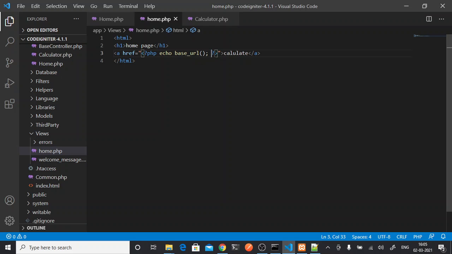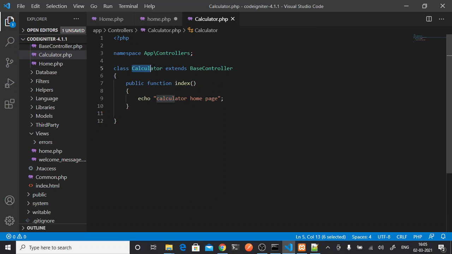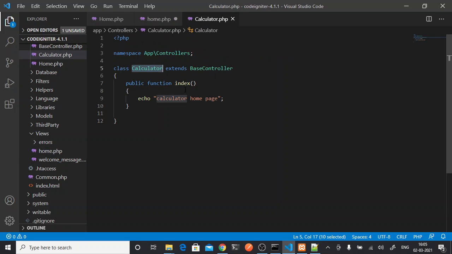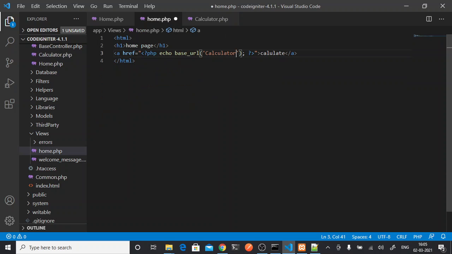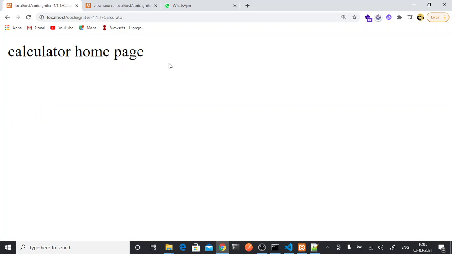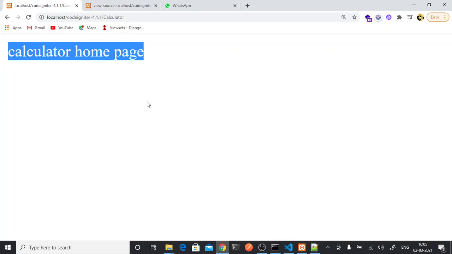So I will write here the calculator name. So calculator is where I want to go, and I want to load the index only, so I don't have to give any method name. In case there is a method, I will have to give slash and then the method name to go to that. So let's check. So see, it is going to calculator homepage.